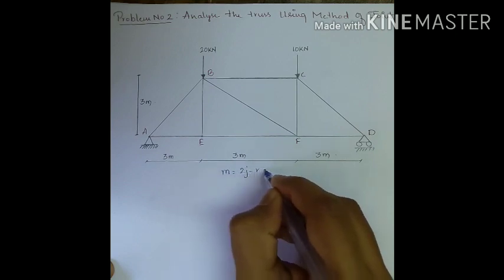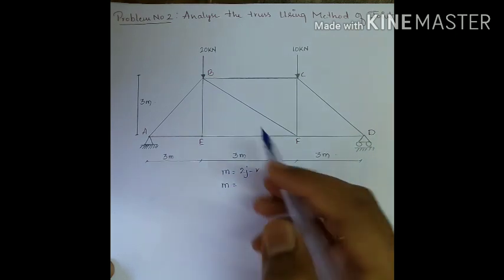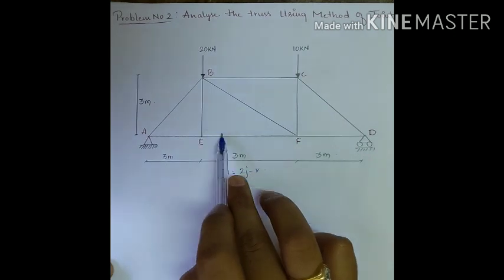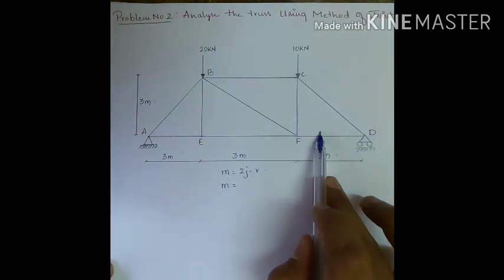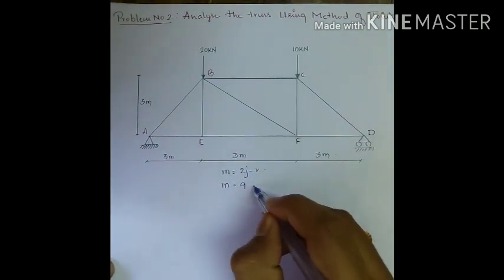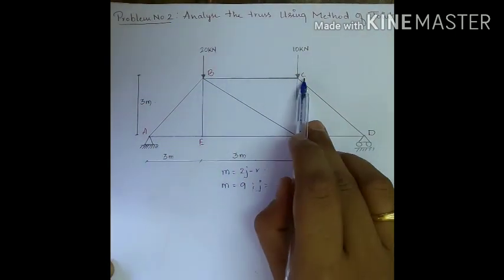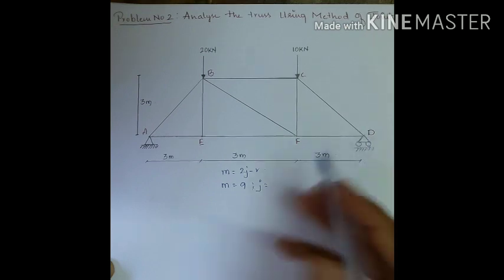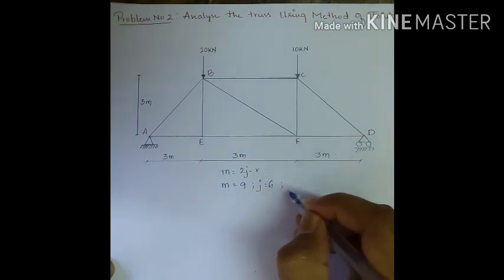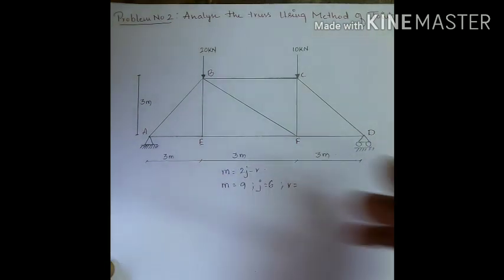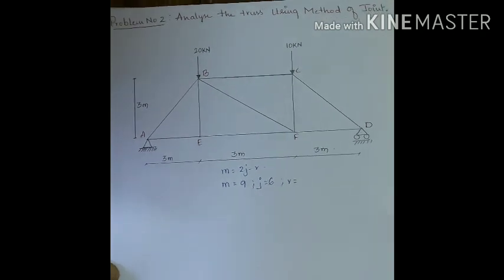2j minus r. Now calculating m, the number of members is 1 2 3 4 5 6 7 8 9. So there are 9 members. Joints we need to calculate: 1 2 3 4 5 6. So joints are 6. Reactions, while calculating the reactions,